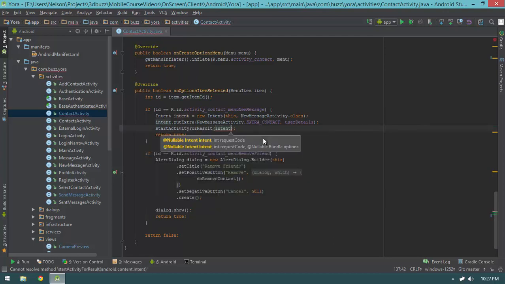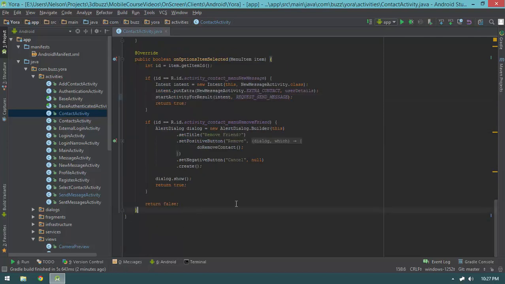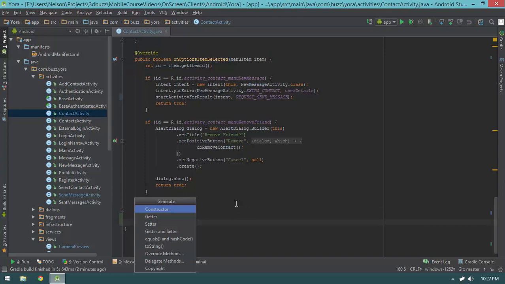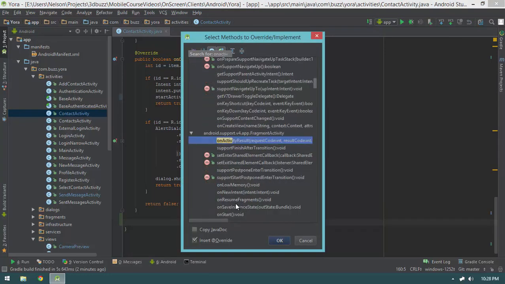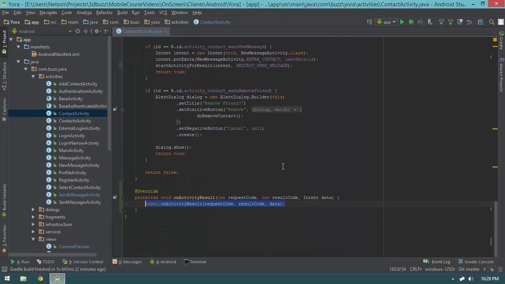And then I'm going to pass in REQUEST_SEND_MESSAGE as the request code. Then I'm going to scroll all the way down to the bottom, hit Alt Insert, and do override member, and say onActivityResult and hit enter. I'm going to say if requestCode equals REQUEST_SEND_MESSAGE and resultCode equals RESULT_OK, then I can go ahead and